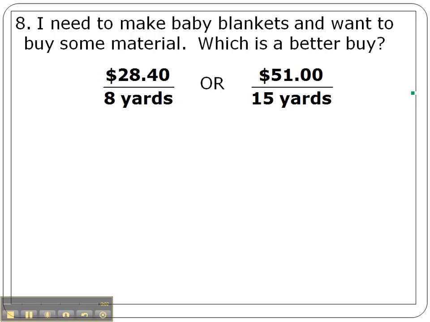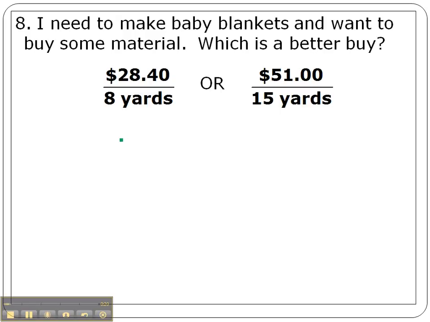Problem number 8. I need to make baby blankets and want to buy some material. Which is a better buy? So this is another unit rate problem. We have two rates, $28.40 for 8 yards or $51 for 15 yards. If we turn these into unit rates, we'll find out the cost per yard and we'll know which is the